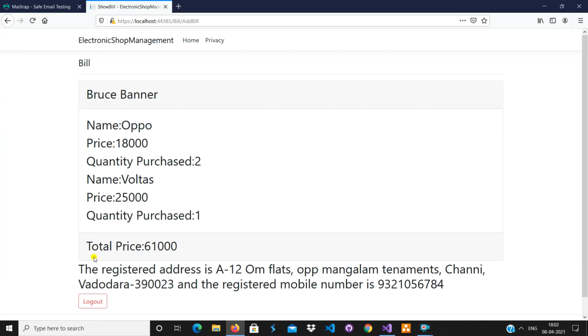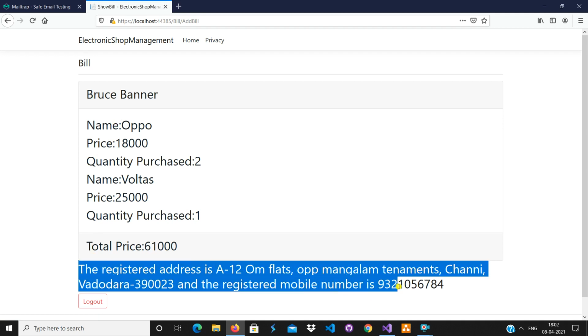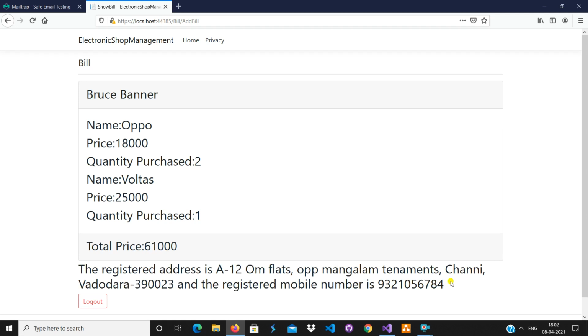You can see this bill, and it is already shown that 36,000 plus 14,000 plus 11,000, yes. So the total price is also correct, and this is the address to which the customer would be delivered these three items.